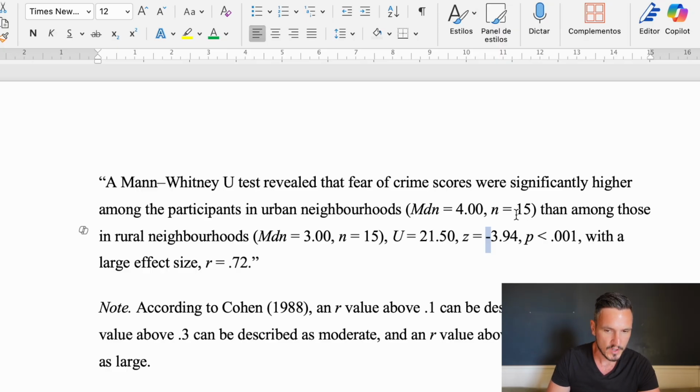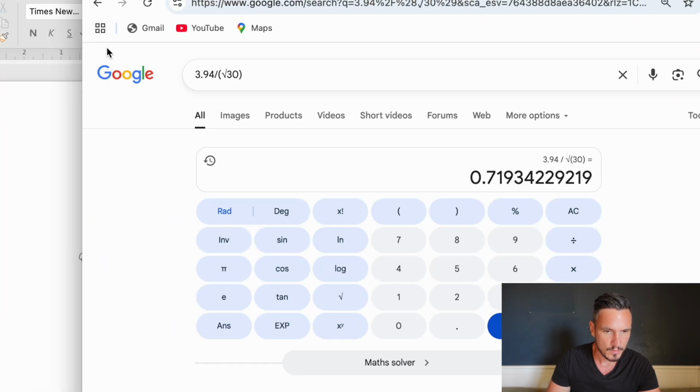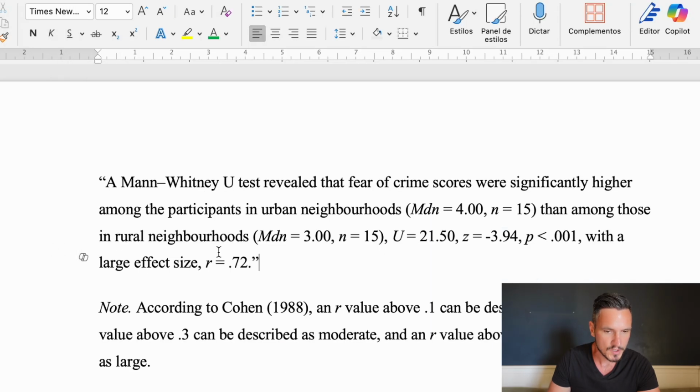So in this case we have 15 people in the urban neighborhoods and 15 people in the rural neighborhoods, so our total number of observations is 30. So you can just take these numbers and you can put them into Google. So here's the Z number, and if we divide that by the square root of 30, Google has informed me that we have an R value of 0.72 if we round that to 2 decimal places, and that's what I've